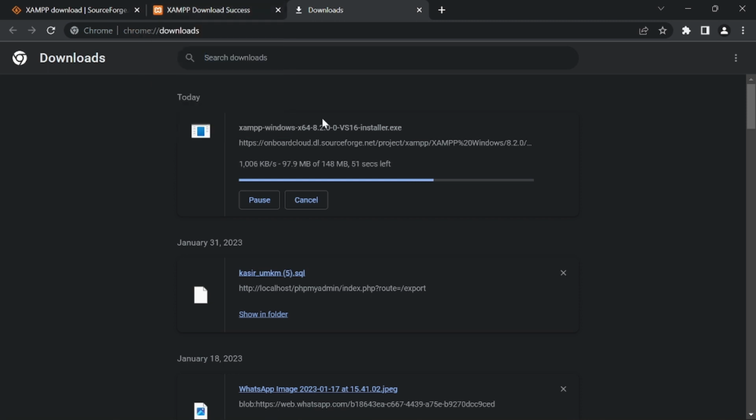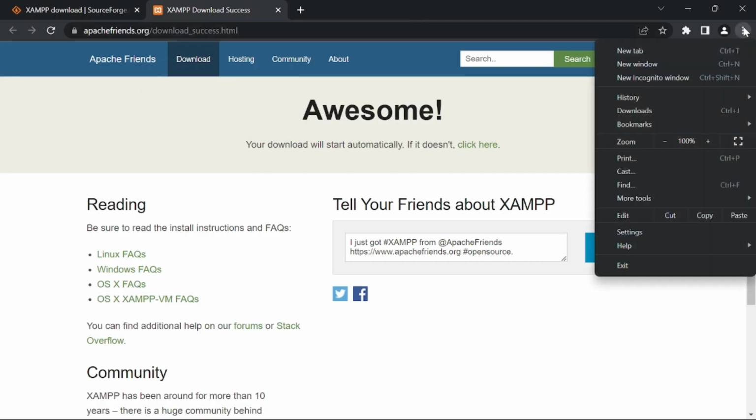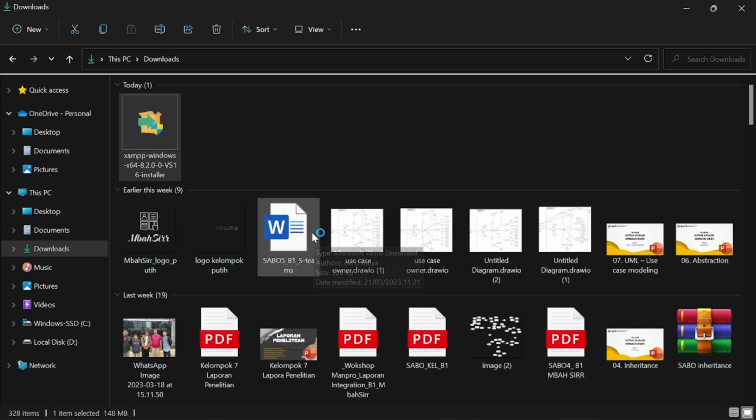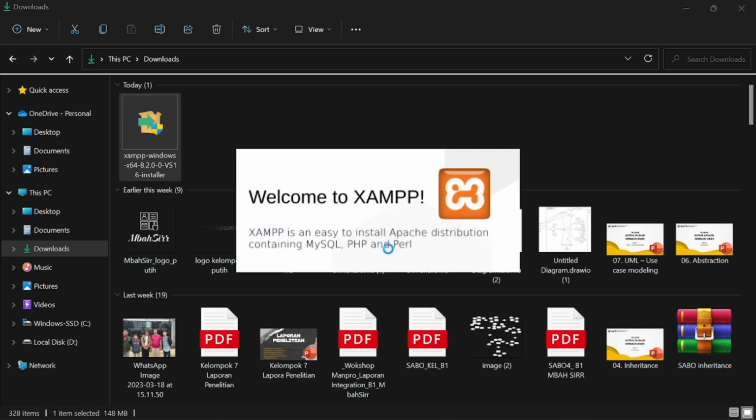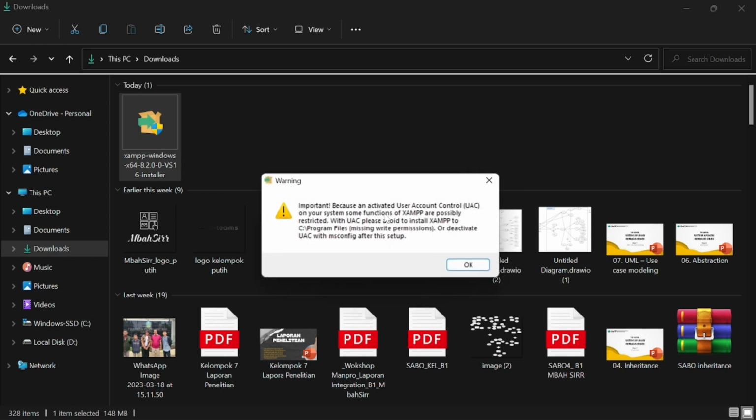Once this executable file is downloaded, I'm going to click on it, and then I'm going to start the XAMPP setup. See, the setup window is going to start. First of all, it's going to show this kind of warning.